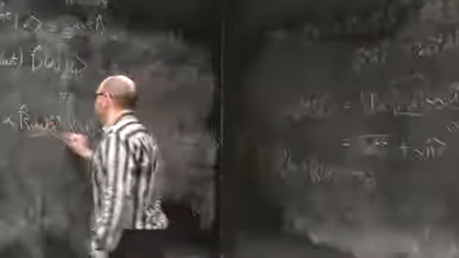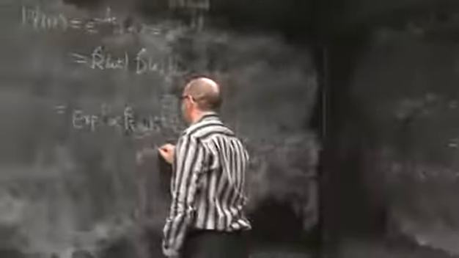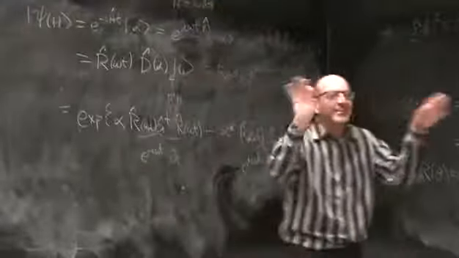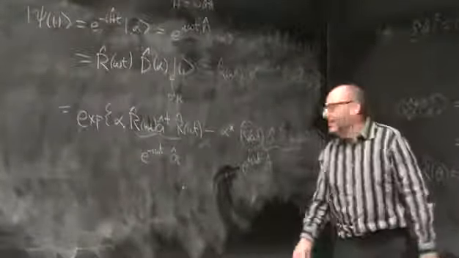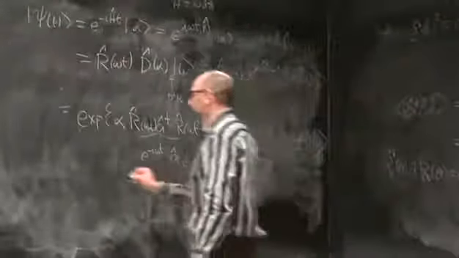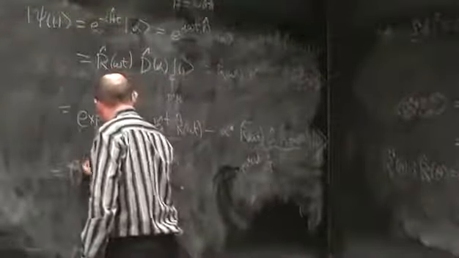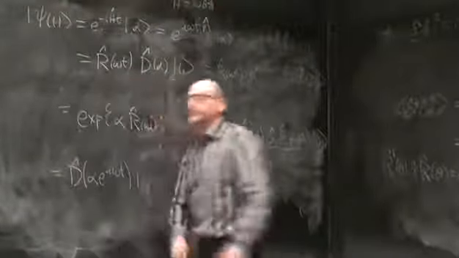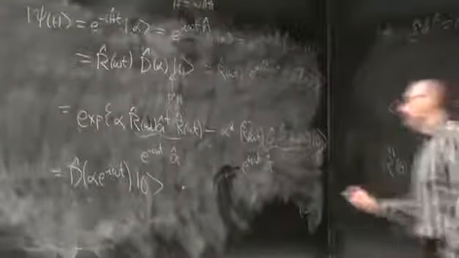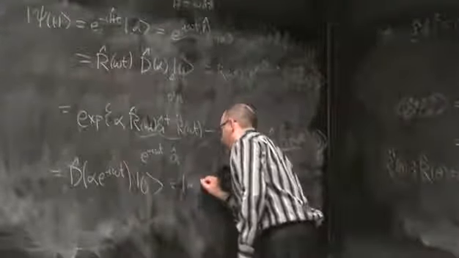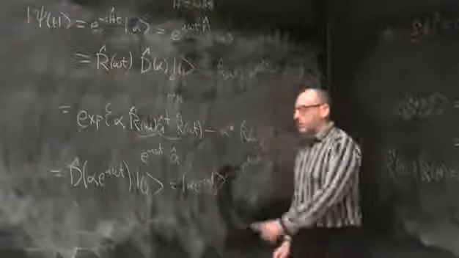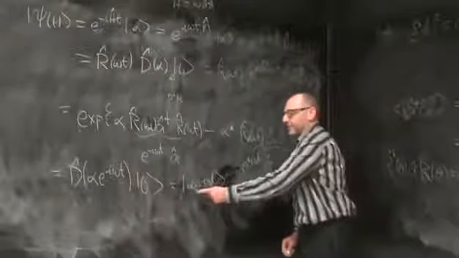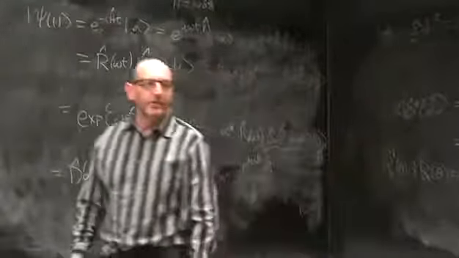This is e to the plus i omega t a. I'm going through this tedious calculation because this is the kind of calculation you're going to do a ton of this semester in homework. So you kind of see it done once, maybe twice, and then you'll do it. And so this then is equal to the displacement, as expected. So that is equal to the coherent state whose phasor amplitude is changing just as the classical amplitude.